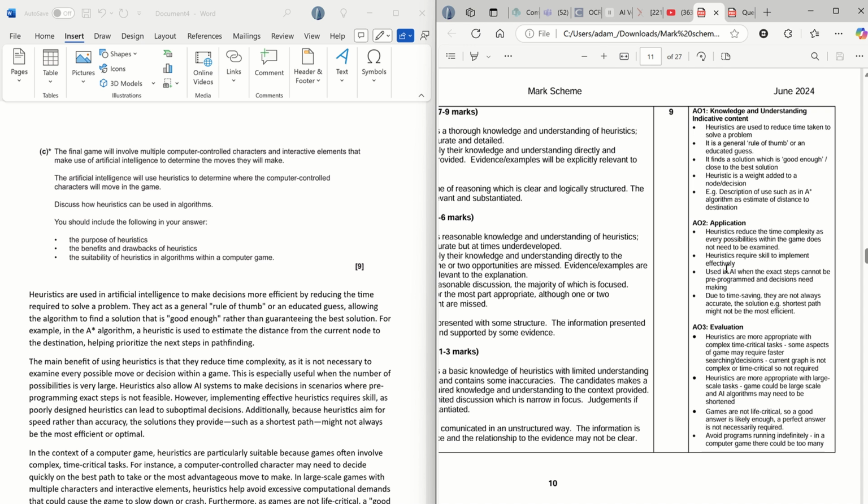In order to make a good heuristic, there is skill and development, because if you choose a rubbish heuristic, then the result is also going to be rubbish as well. So there is this skill to make sure that the heuristic matches the context, and because heuristics are always context based, you have to implement the heuristic per implementation, per program you write. You can't just use the same heuristic for everything because it doesn't work that way. And that comes back to that knowledge of what a heuristic is.